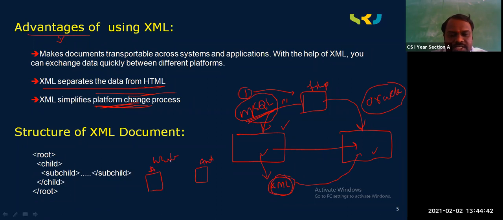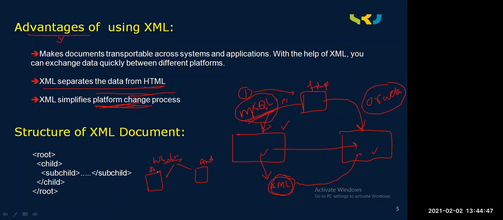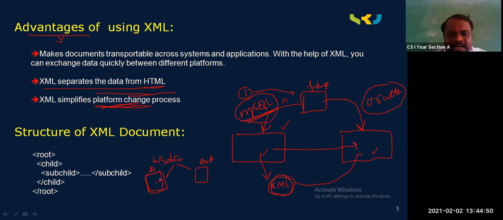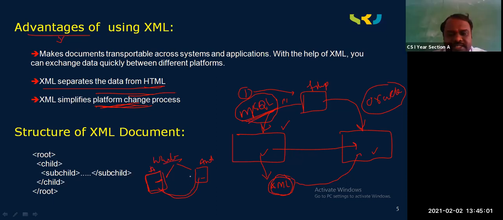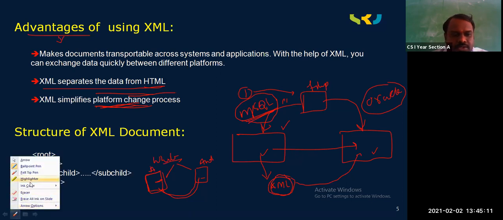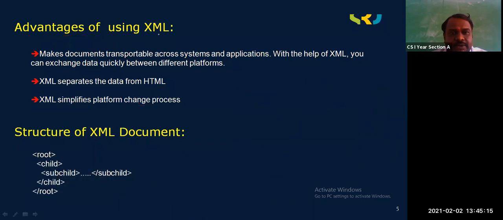Is this WhatsApp separate for these two or not? Yes, sir, different. Initially you have used some data over here and I want to change it to this one. Can you send directly from here to here? Normally, no. So meanwhile, you will use some facility to send it from here to here, and you will migrate from here to here. That same thing will continue here. So this is the reason why we are using XML documents.